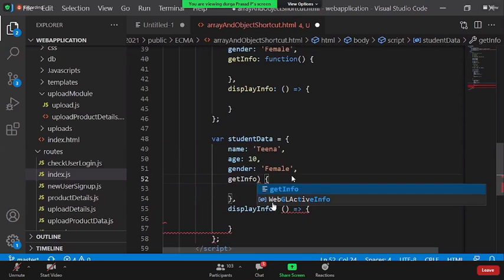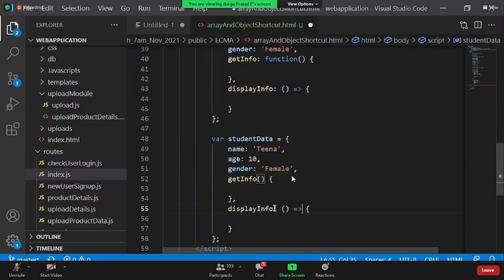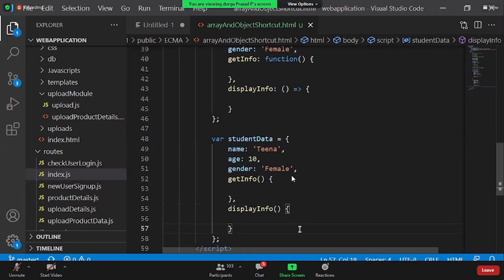You don't need to use the function keyword, or even the arrow functions. As simple as it is. Whenever you are inserting a behavior within the JSON object, you simply add the method. No need to put the key, colon, function, arrow function, not at all needed. Automatically, it becomes a function within the particular JSON object. Am I clear?